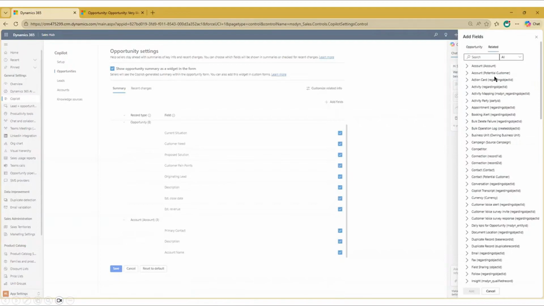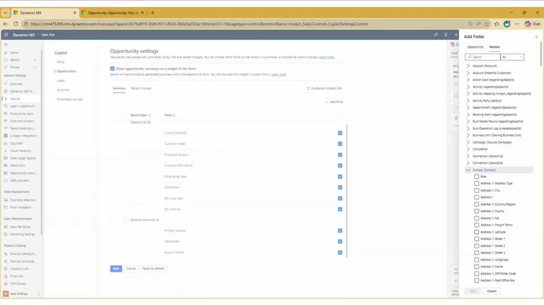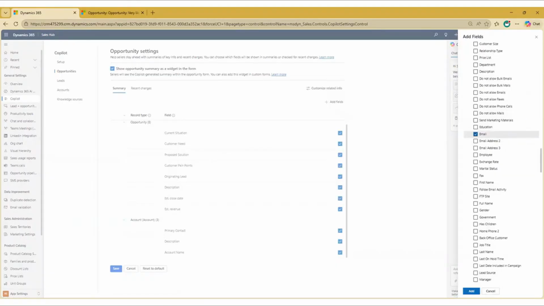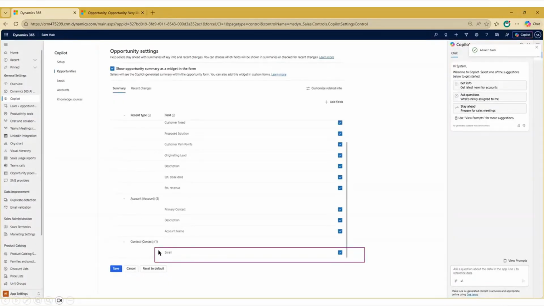This will show all the related entities of opportunity. From here, I need to just select contact, and then within contact, I will select the email field, and then I will click on add. Now the contact's email is also added as part of this